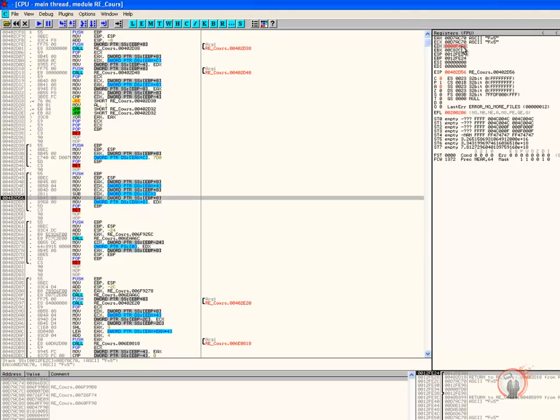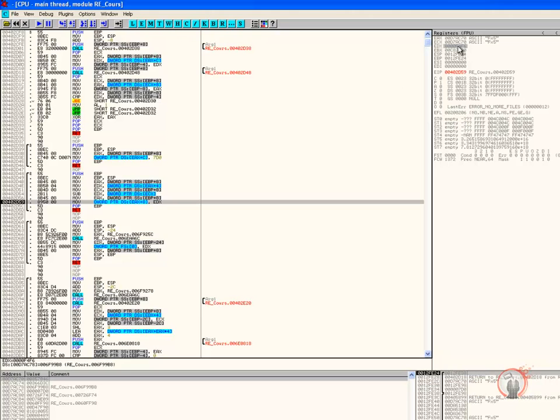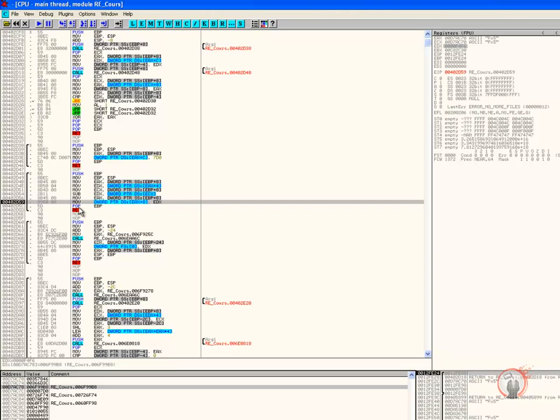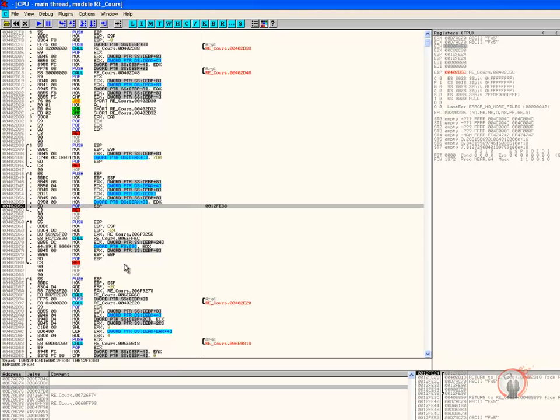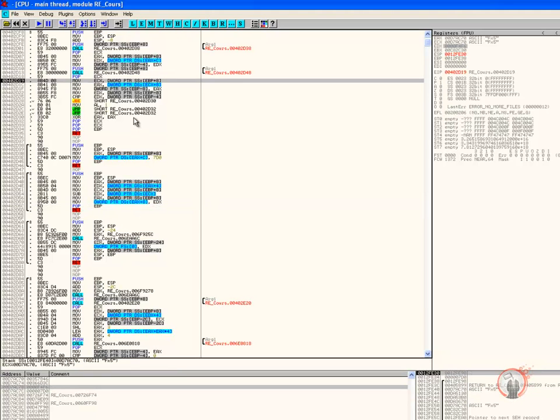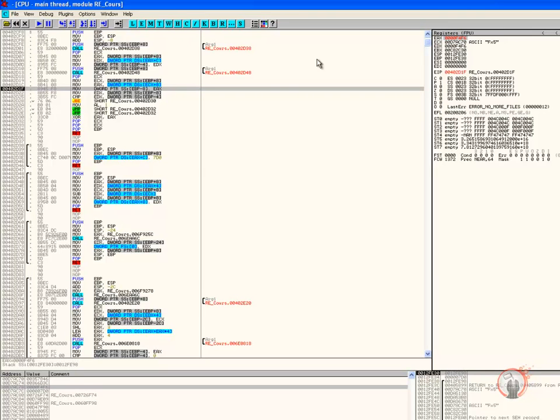So this is the result here, and it's going to store this value at EBP minus 8. Here it is going to go back and read this value back to EAX, here it is, the result from the subtraction,